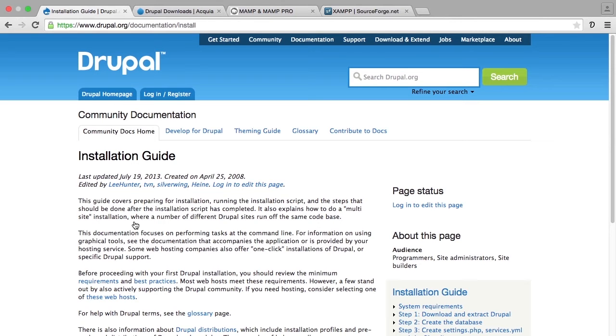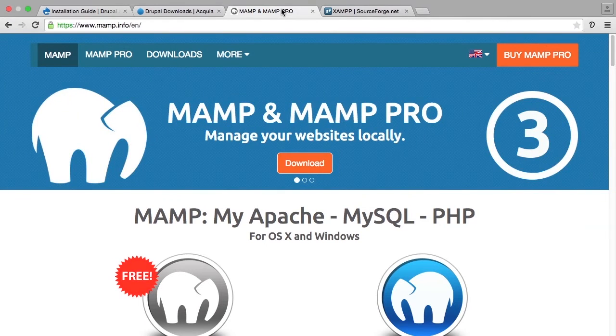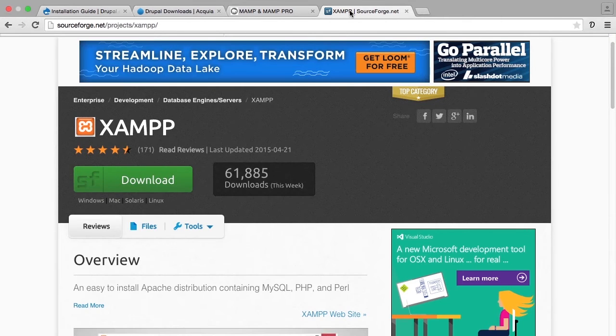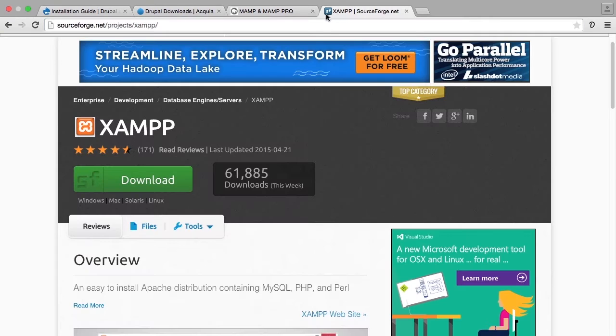Many PC users, whether they use Mac or Windows, will use MAMP, which is a great tool for running Apache, MySQL, and PHP on your local computer, or they'll use something like XAMPP, which is another tool that you can use to run Apache, MySQL, and PHP on your local computer. MAMP can be found at mamp.info. XAMPP can be found at sourceforge.net/projects/XAMPP. A Google search for either of these tools will also bring up the links to their download pages at